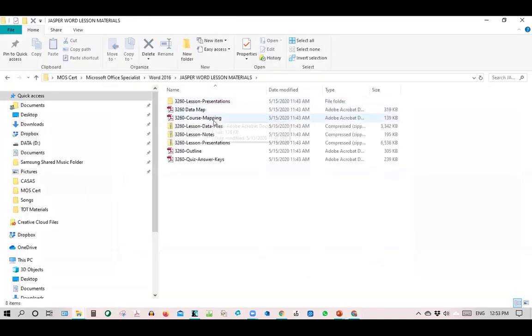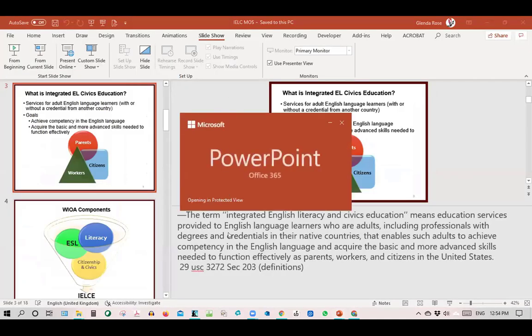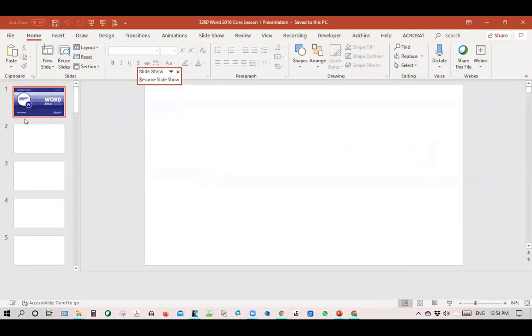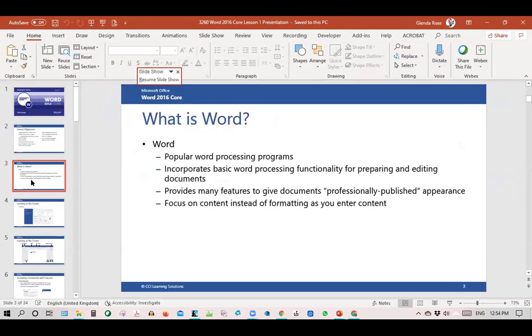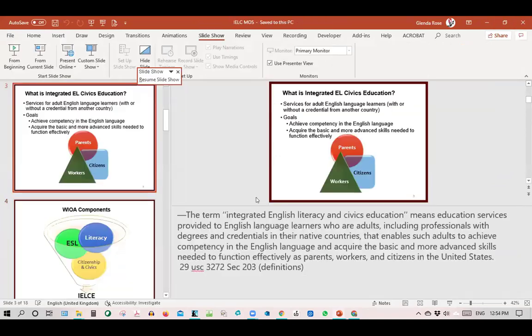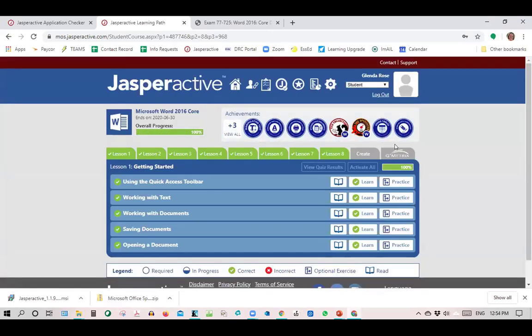Yep. No, here they are. So you can actually, as a teacher, download all of the lesson presentations to use in your class. So they have the PowerPoints ready for you, which is nice. Before we actually get to practice, we can go through the content, and if they've done the reading, it makes a lot more sense. But if they don't, at least I have it for them. I also know what all the exercises are, and that makes it useful too.